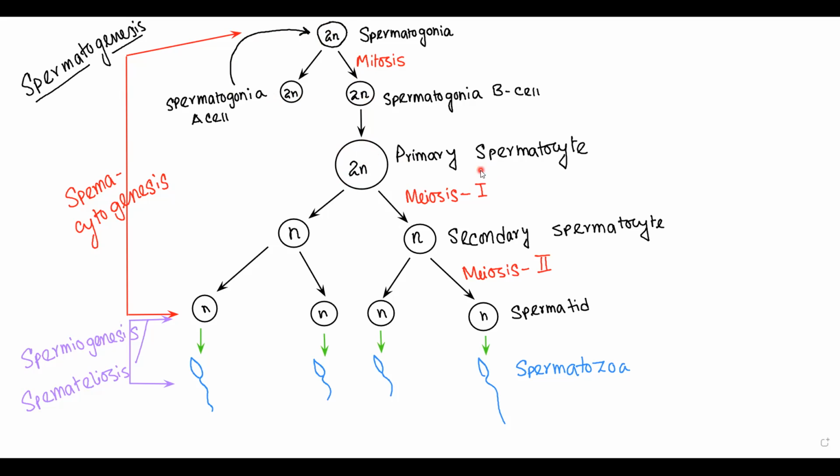So there is no change in the chromosome number up to the primary spermatocyte formation. After that, the primary spermatocyte undergoes the first meiotic division. Thereby it produces two haploid secondary spermatocytes. This secondary spermatocyte undergoes the second meiotic division, and thereby it produces four haploid spermatids. Although these spermatids are not the functional sperm. So from the sperm mother cell to spermatid formation, the process is known as spermatocytogenesis, and that term is not given in your NCERT book.